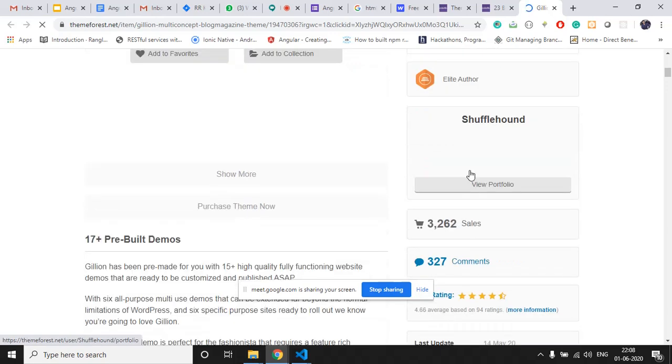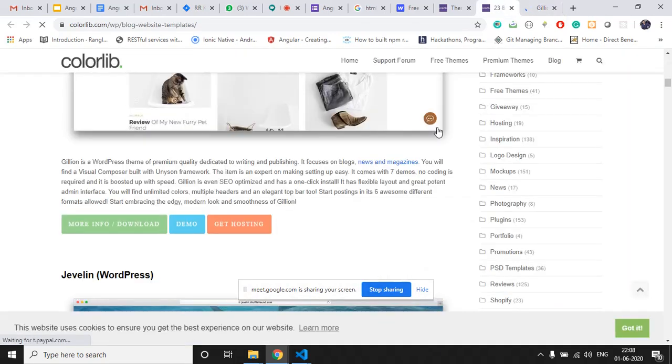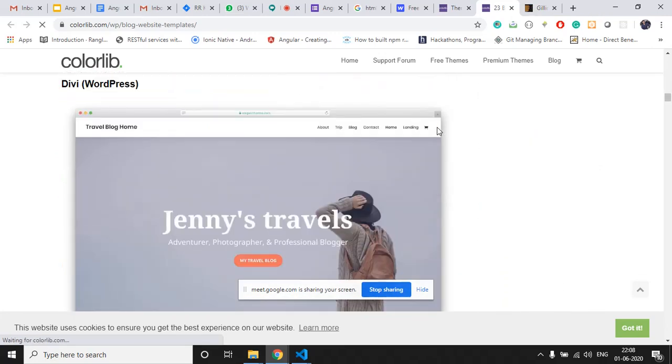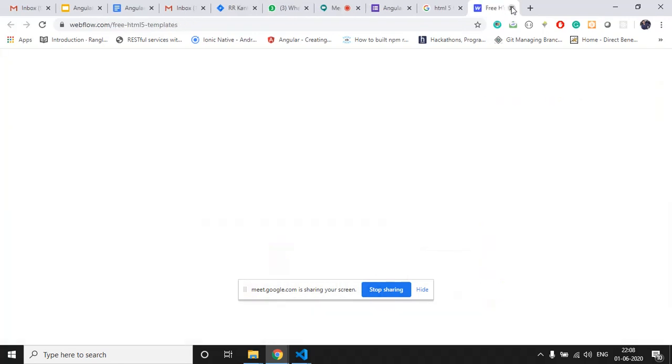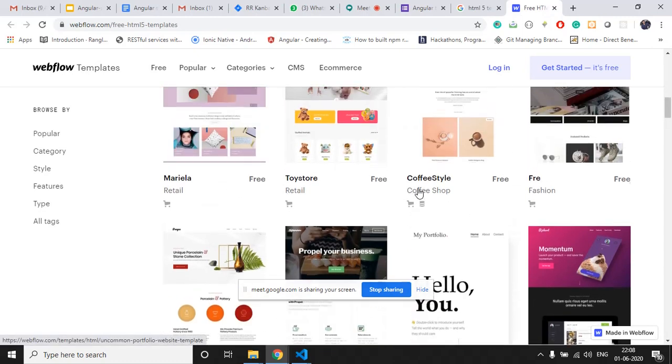But I think this is not a free template, so we will try a template which is free.